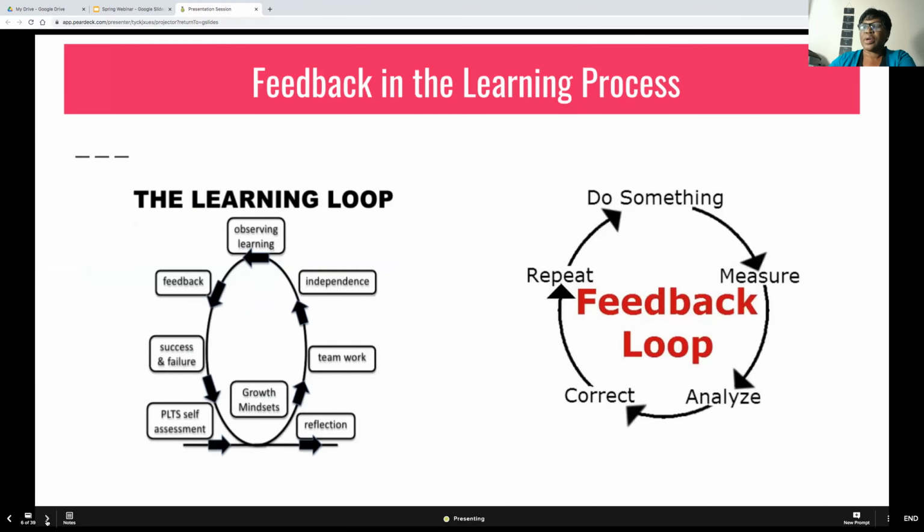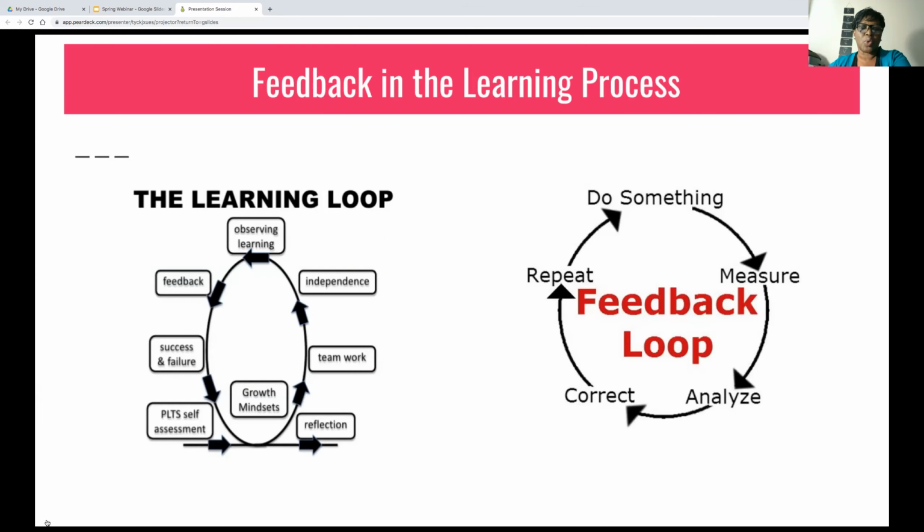Now we're looking at the learning loop. As we take a look at the learning loop, we can see feedback happening at one of the initial stages. This is because our teaching has to be responsive to whatever the students are giving back to us. The teacher must adapt the teaching based on the responses that the student is giving. If this is not done, then we can go on and teach and teach and teach and not really be hitting the needs of the students.